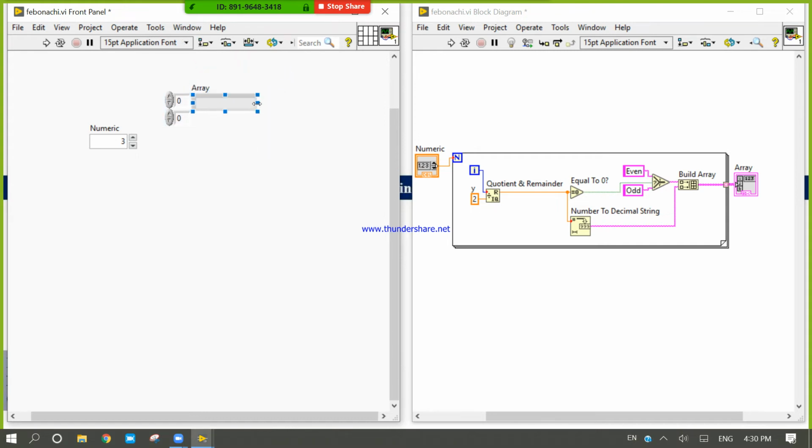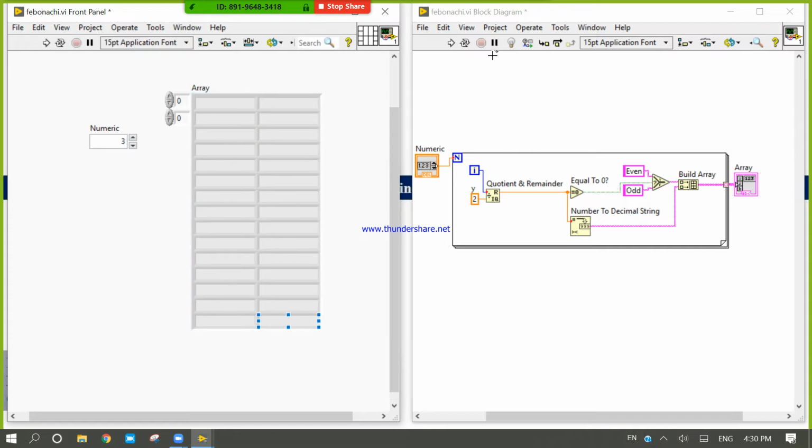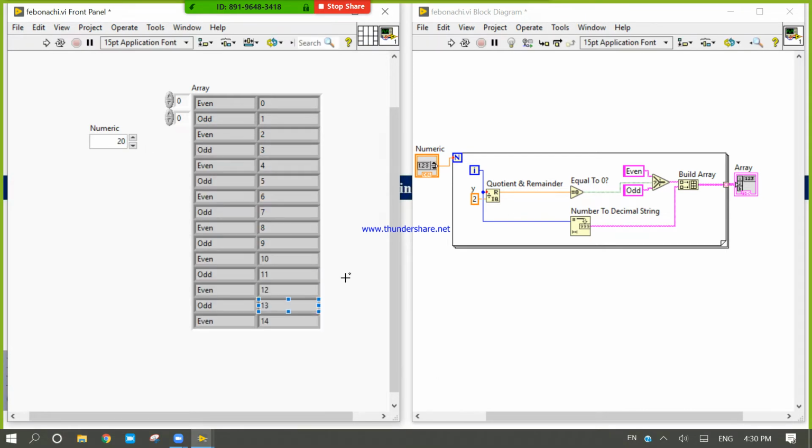What will be the output here? Wait, the program is wrong. I need to write here. Nice. If I give 20 and run, it will segregate even to even and odd to odd.